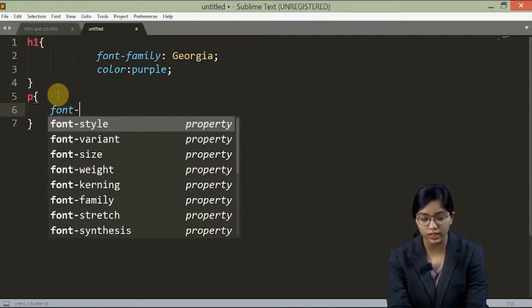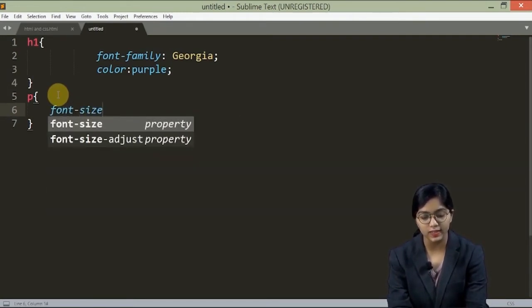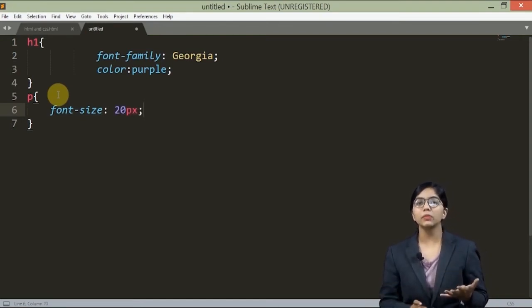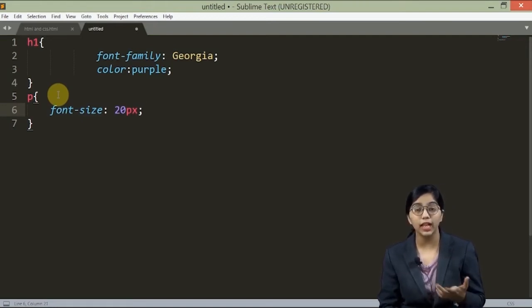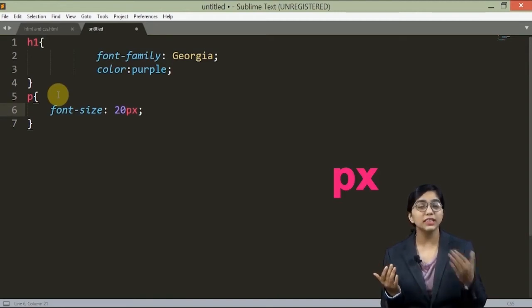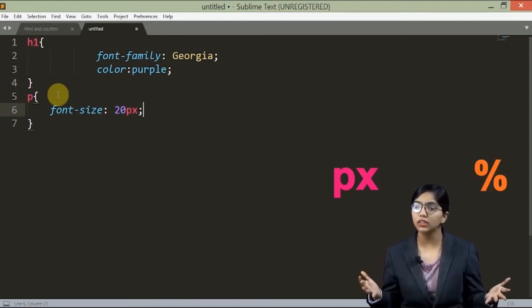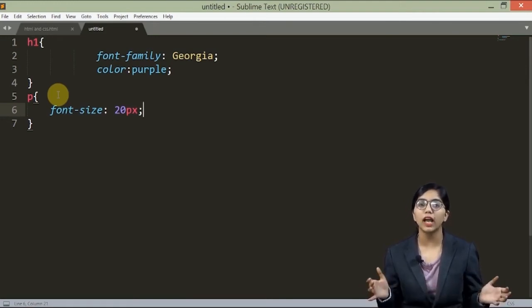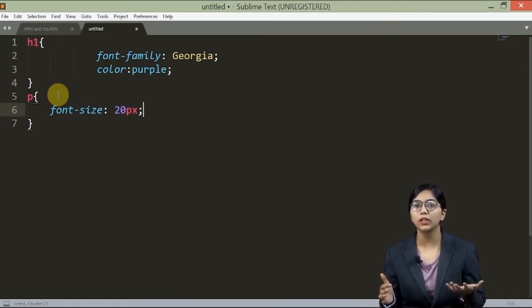Let's increase the font size to 20 pixels. Anytime you want to give a value, be it font size, border, anything, it can be given in pixels, percentage, and there are many other values. You can choose any. We'll talk about the values and the properties in the upcoming tutorials.